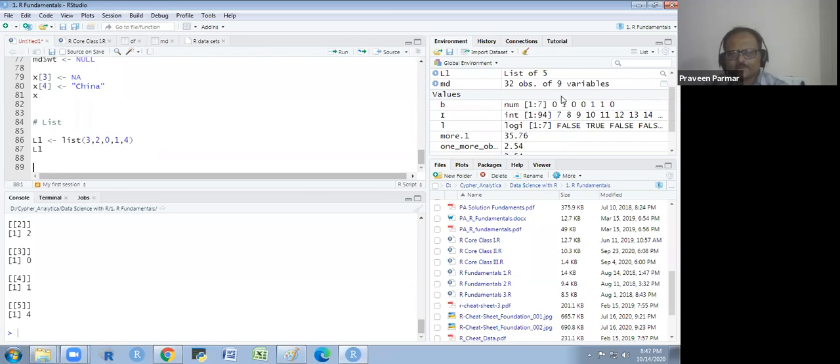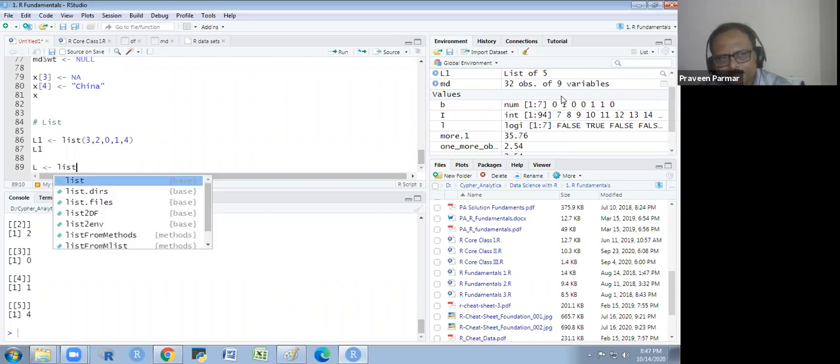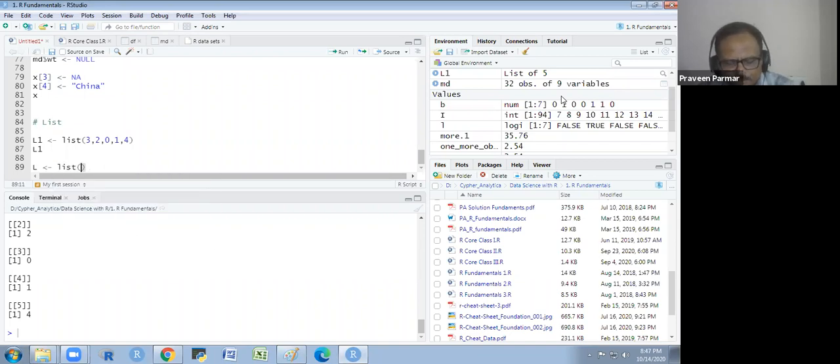And now I am making a list. In this list, I am making one using an integer vector, one general vector, and one more vector.